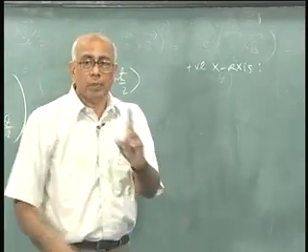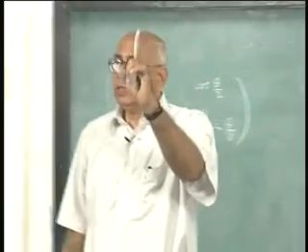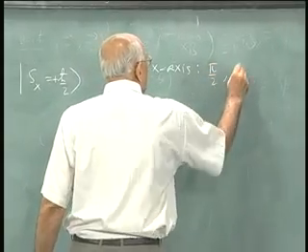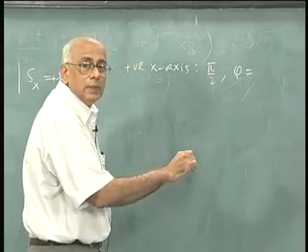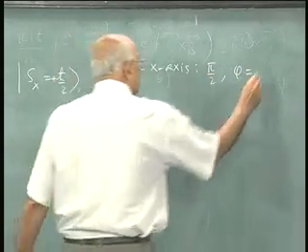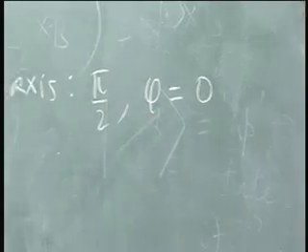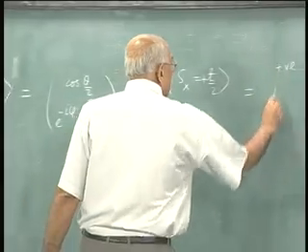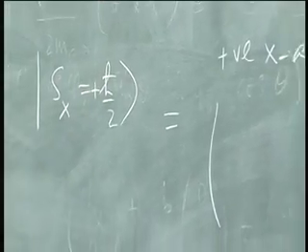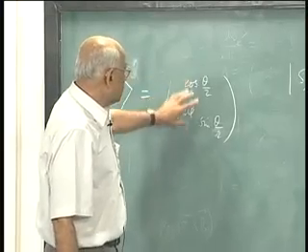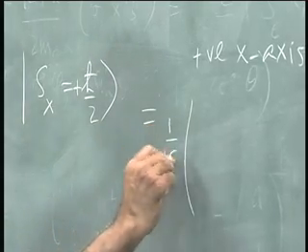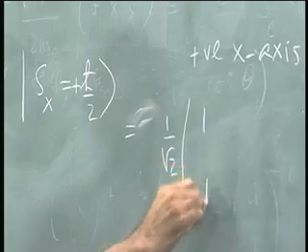Pi over 2, because pi is the north direction, pi over 2 is the equatorial plane, right. So this is pi over 2, phi equal to 0. So what does this become in the z basis? In this basis, what does it look like? This is cos pi over 4, which is 1 over root 2, this is gone and that is also 1 over root 2. So it is clear this is just 1 over root 2 times (1, 1),